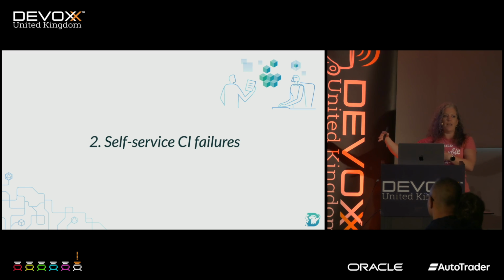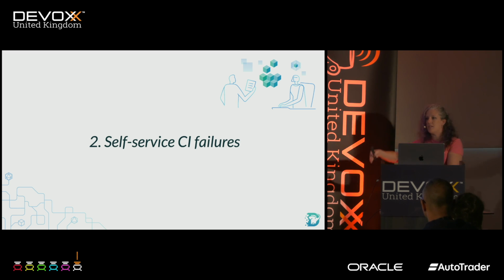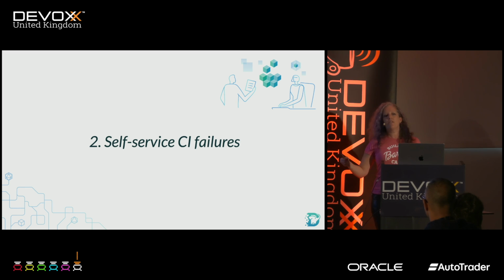bother some CI engineer about, okay, what type of agent was it running on? What was the operating system? Which version of Java did it use? Where are the dependencies? How can I have a look at the log? You don't necessarily have to do all of that. You can take a look at the build scan and see all the information of what happened and why it